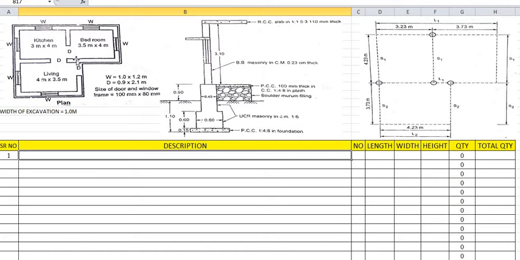So always there will be a plan given and a section given. Depending upon the plan and sections, we have to draw the center line plan. And the width of wall will always be given in the sectional drawing. The section passes through the wall thickness, so this will be clear in this section. It is very important to read properly the different criteria or the different dimensions which have been given in the section. So this section has to be read properly. So 0.23 is the thickness given in the section, so we have to consider the 0.23 thickness of the wall.